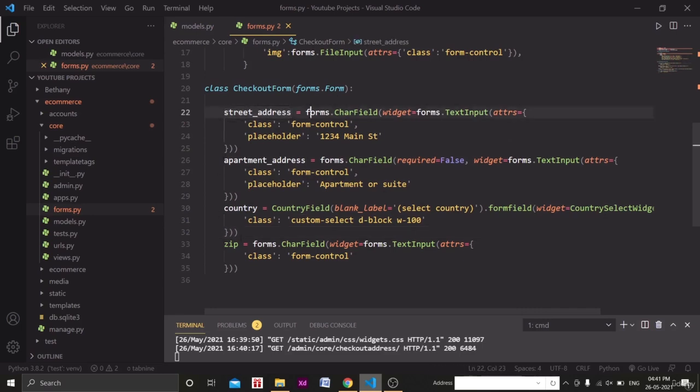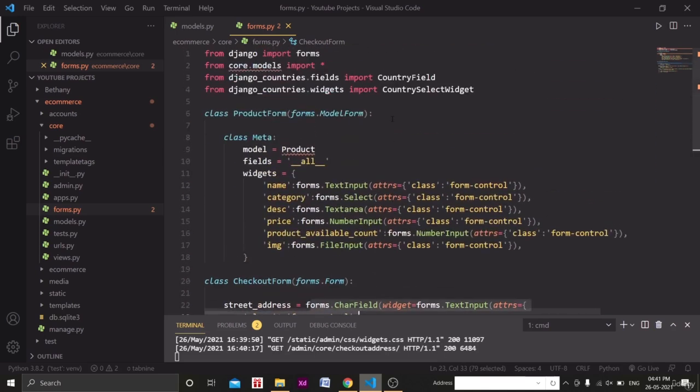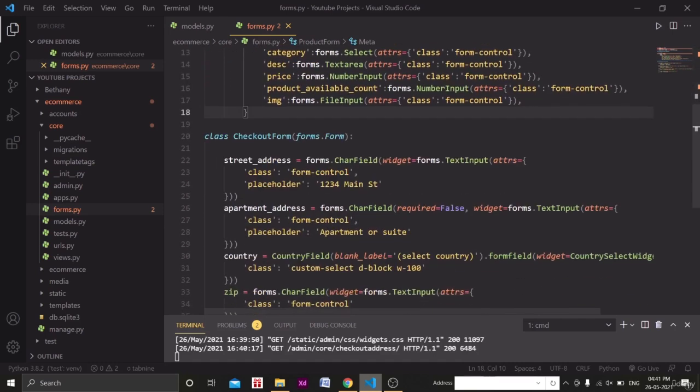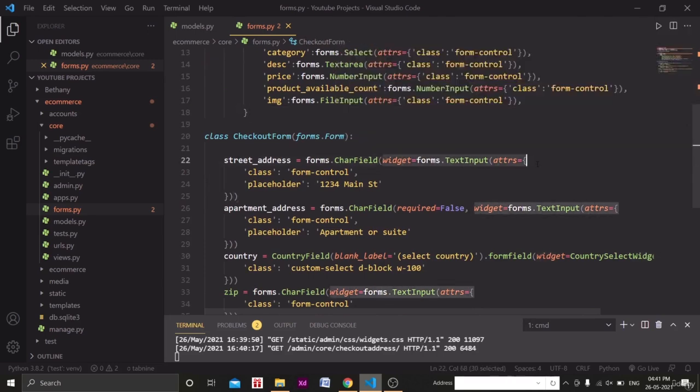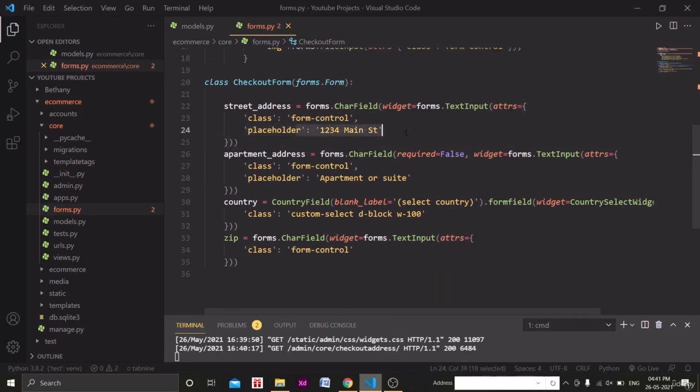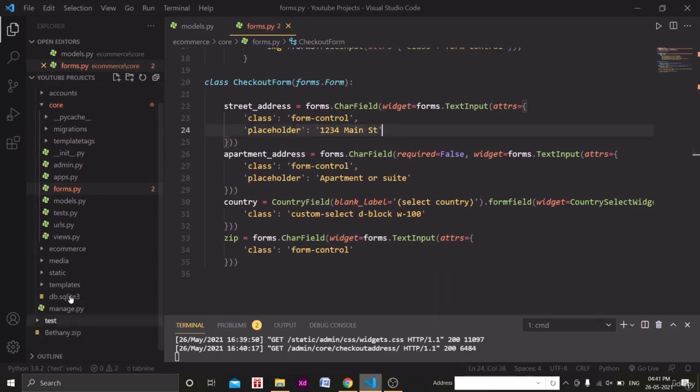So forms dot character field. In the product form that we created, we just wanted to take all the fields which were there. You can write this checkout form like the one we have written, and this is another way of doing that. So forms dot character field, we can explicitly mention these things: widget is equal to forms dot text input, attributes are this and this. Why I have given this form control and all these things,